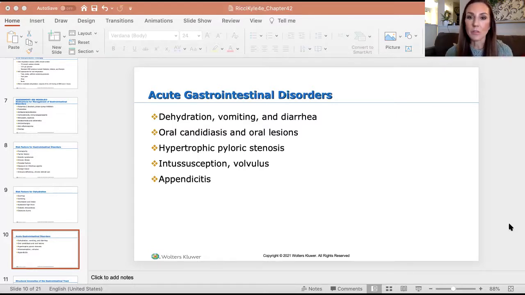So it's just less likely to kind of slosh back up into the esophagus and damage that esophageal membrane. So basically we're just trying to prevent the reflux from even happening with the thickened formula and